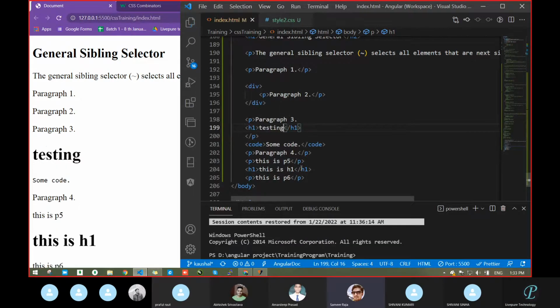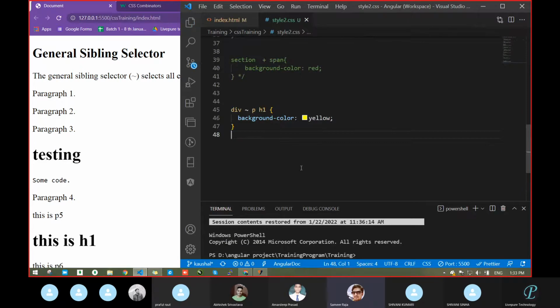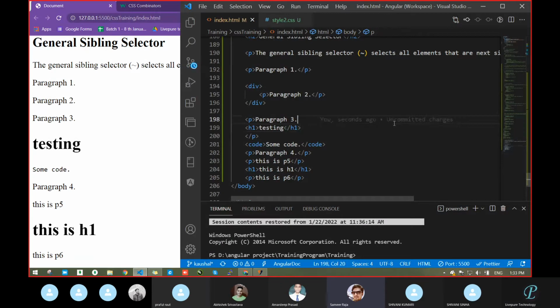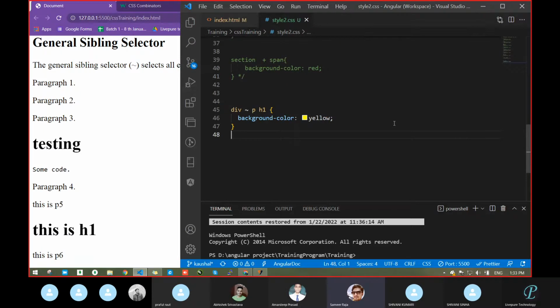Then what is the logic behind it? No, sir. What I am trying to say now, sir, after div, sir, one minute, sir. Go with that CSS space. See, line number 45. After div, we gave some space.